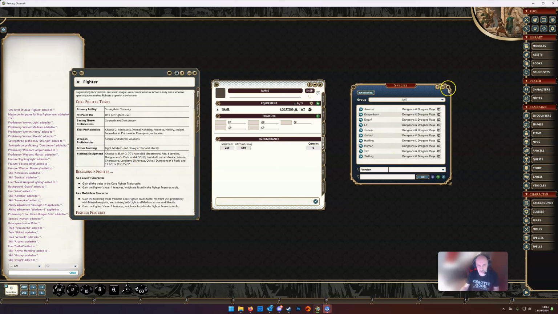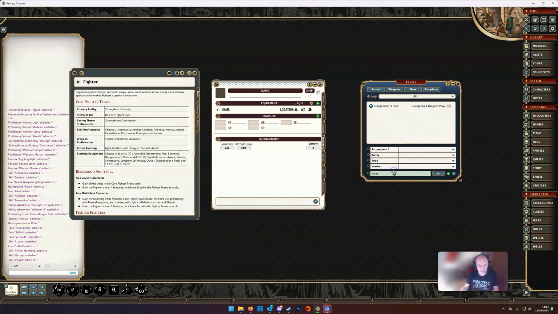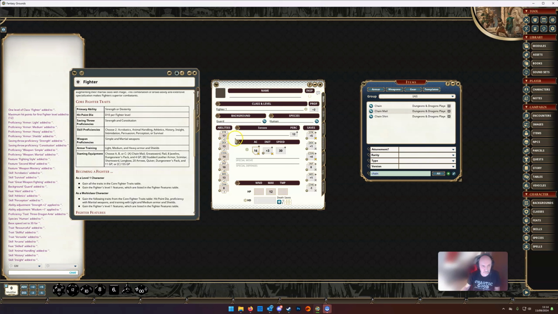So we want to get some items into the inventory. So let's get the items here, and we're going to want to have chainmail. So let's just type that in and drag that in. And you'll notice that we've got a little symbol here. If we mouse over it, it shows equipped. And that means that we've equipped our